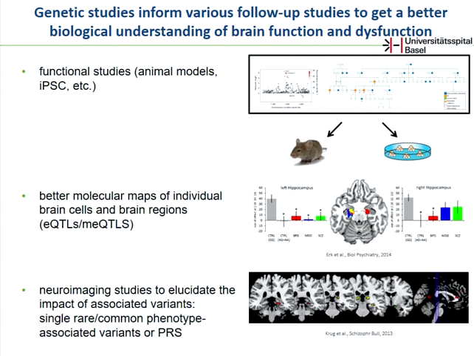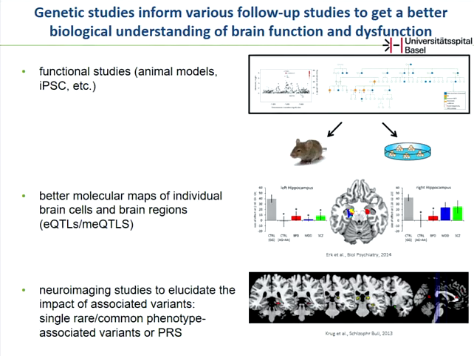So what we can do is look at animal models, bring these variants into animals and see how they behave, or use induced pluripotent stem cells and look at the phenotype at a cellular level, and then we will later hear about expressed quantitative trait loci or methylation quantitative trait loci. That is also something, to what extent do these variants that I have identified, in particular if they are in non-coding regions, affect the expression or methylation of the DNA.